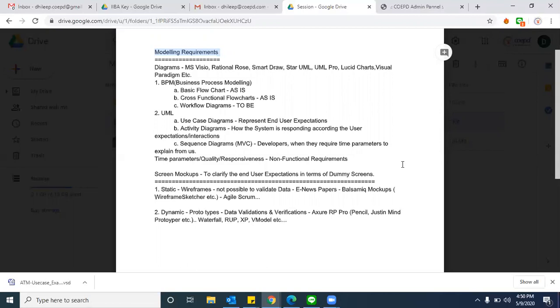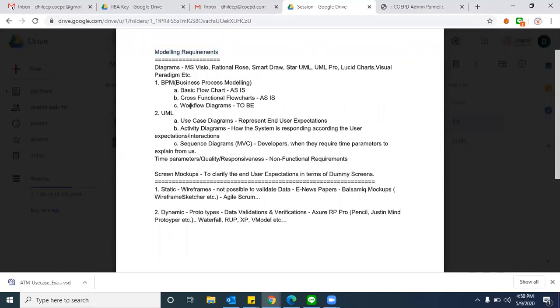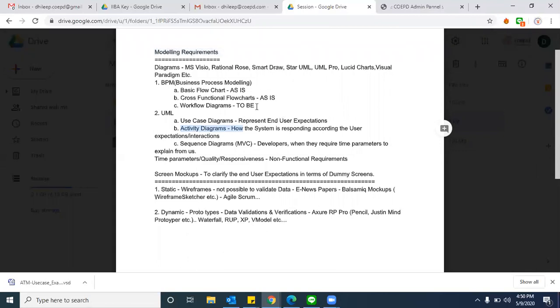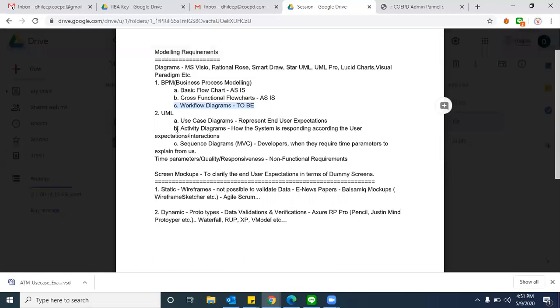Yeah. So now we are going to define the to be analysis. Either we can draw the to be analysis diagrams, process flows with workflows, otherwise straight away we can draw the to be process flows with the help of activity diagrams. Because activity diagrams are going to define how the to be system is going to work, right or wrong? So in a few scenarios, a couple of people are using workflow diagrams for the to be processes. Otherwise, straight away we can get into the activities. Anyways, we are going to work on activities.